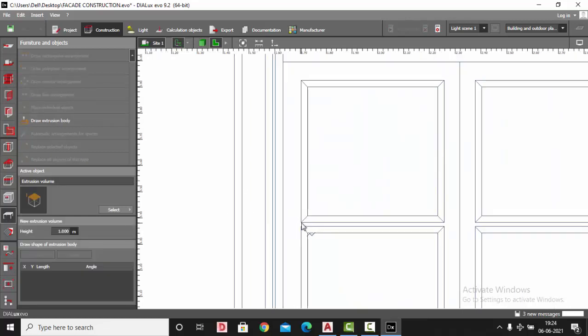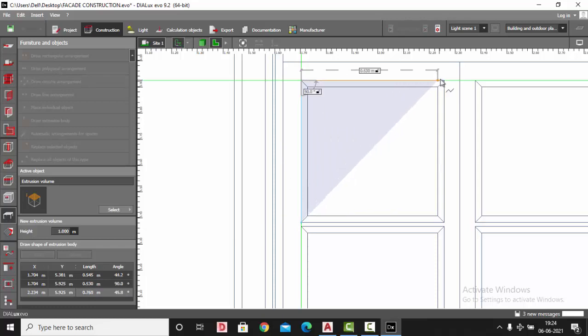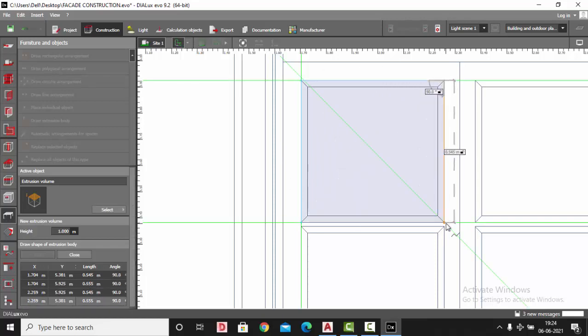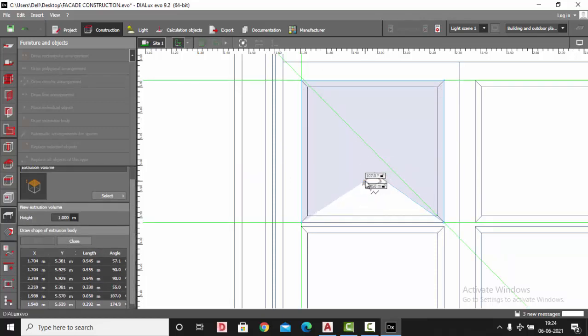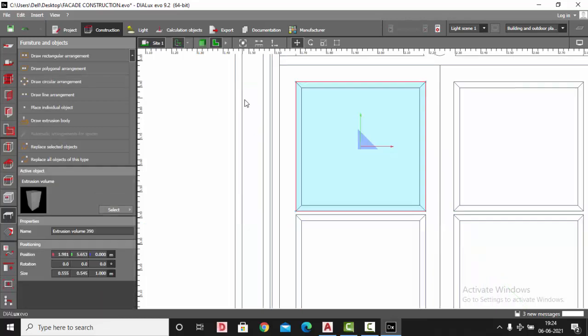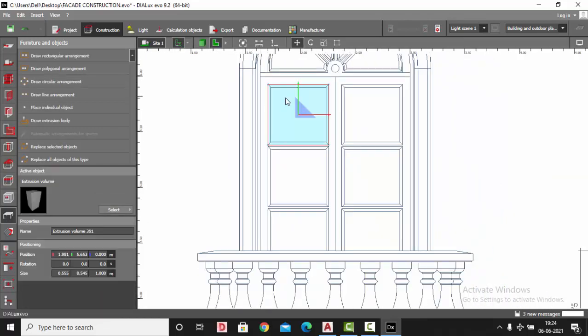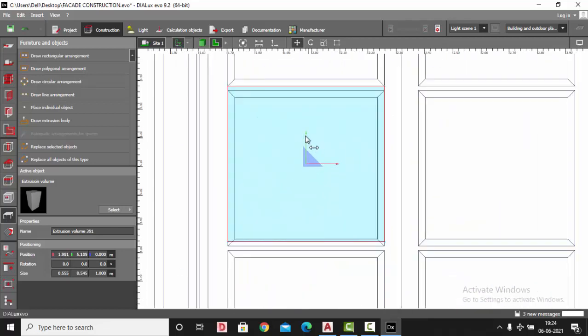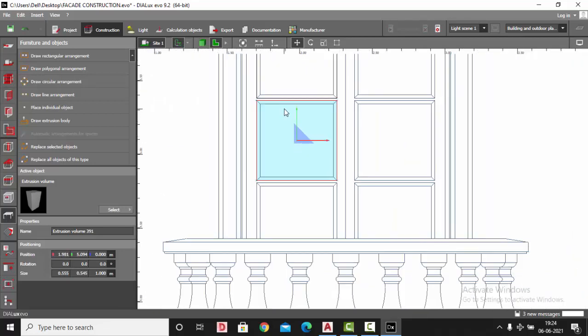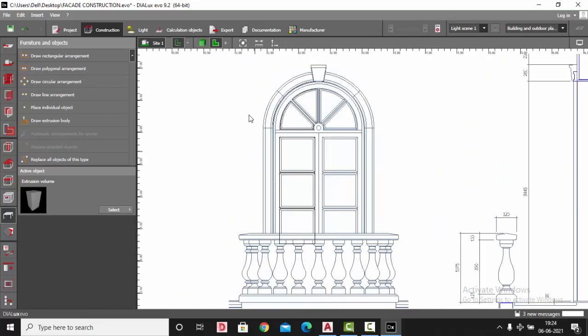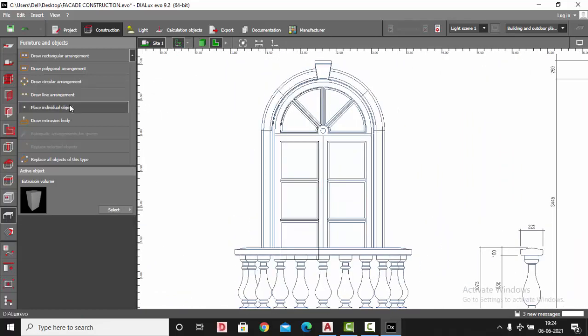Draw extrusion body, close polygon, copy the same thing, Control C, Control V, arrange it properly. Okay, then this part, the outer one,